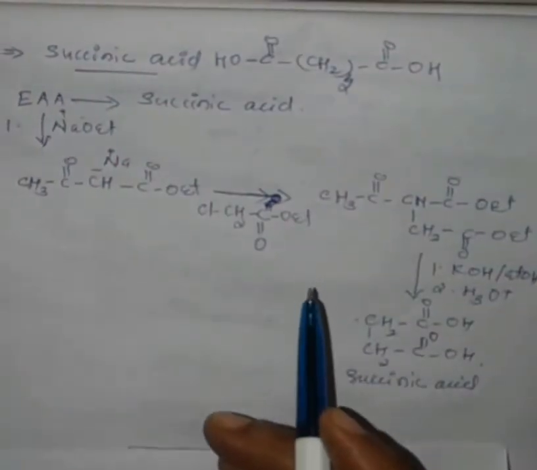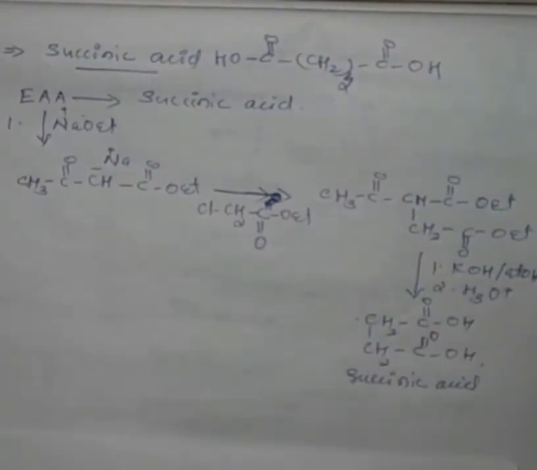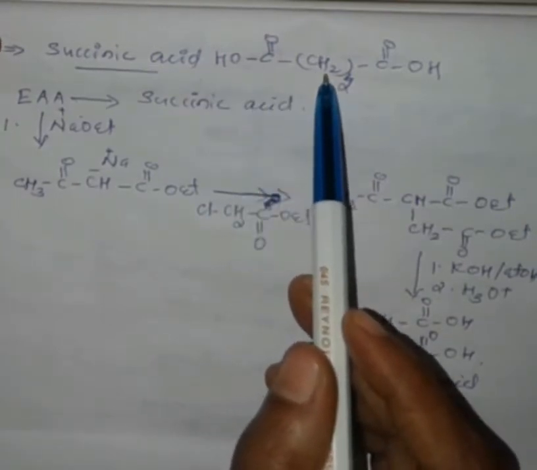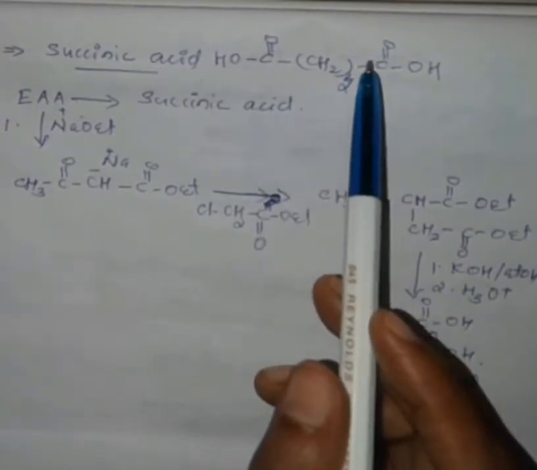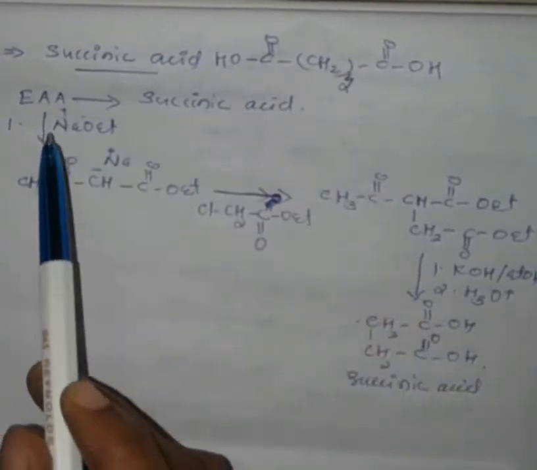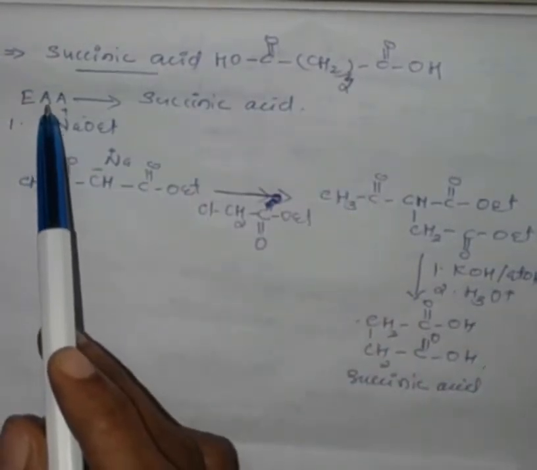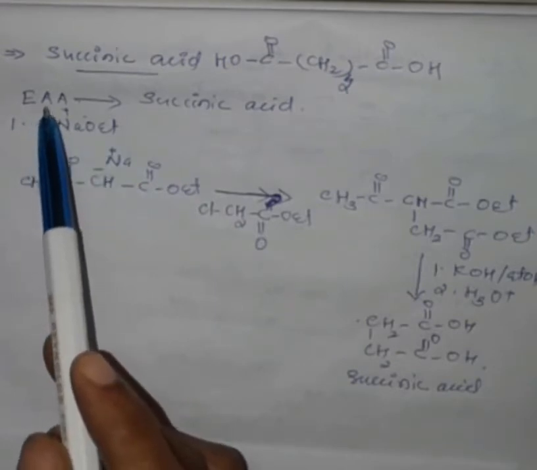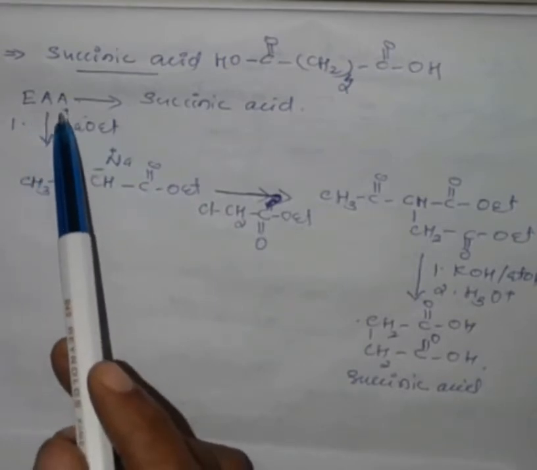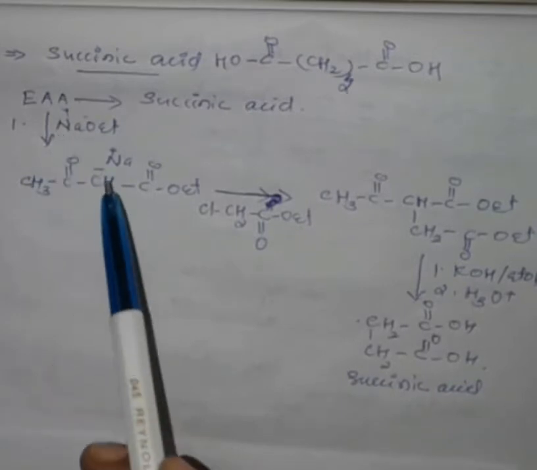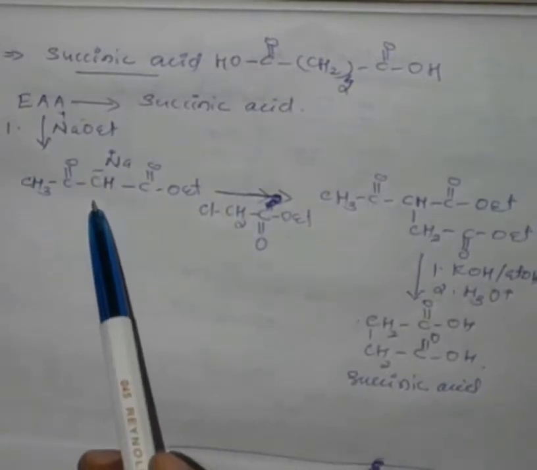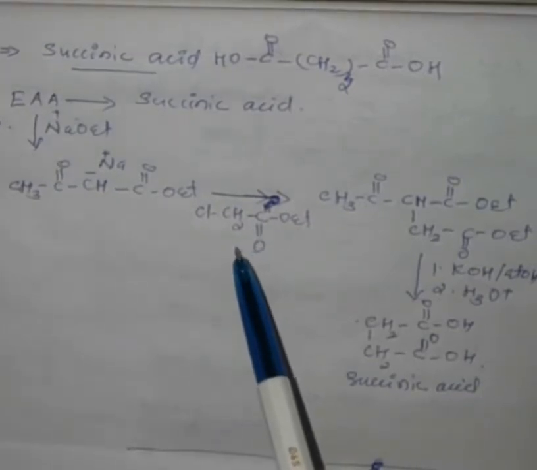First, the synthesis of succinic acid. Succinic acid is this. There are two CH2 groups in between the two COOH groups. That is how succinic acid is synthesized from ethyl acetoacetate. First, we treat it with sodium ethoxide and we get the monosodium salt of EAA, and then it is treated with